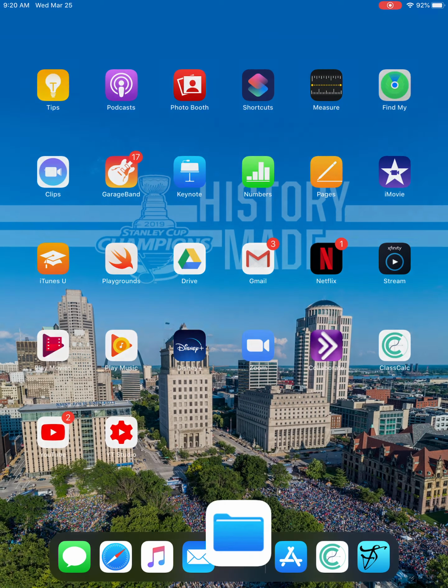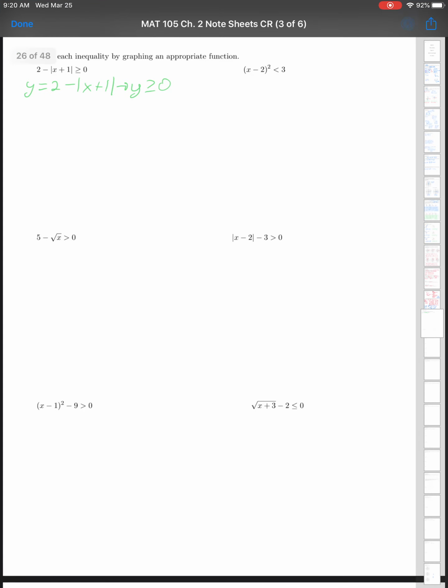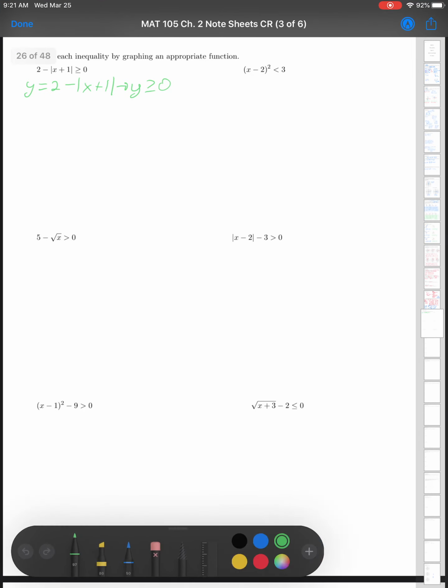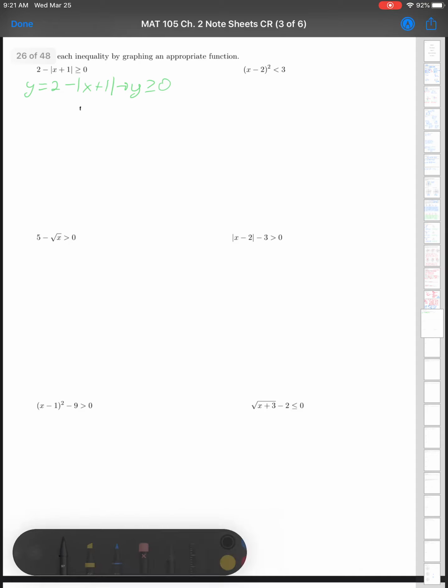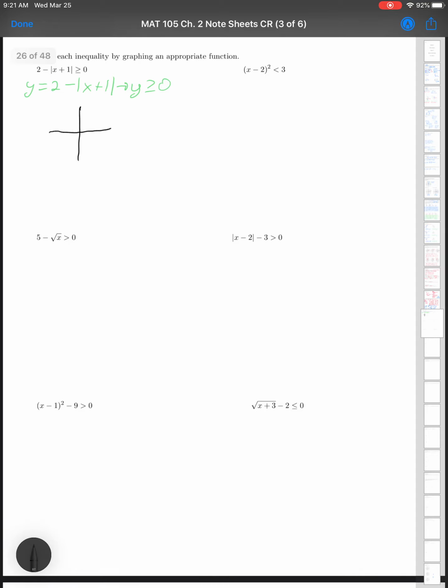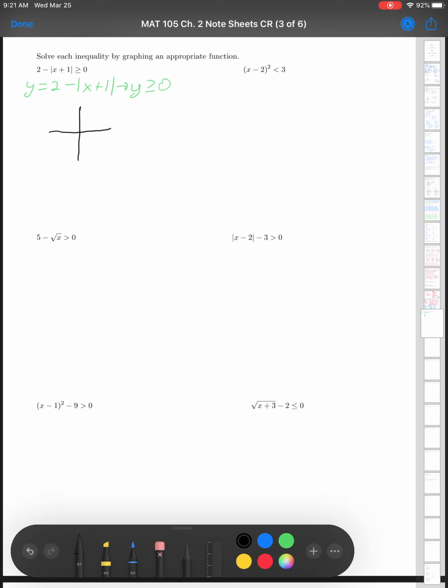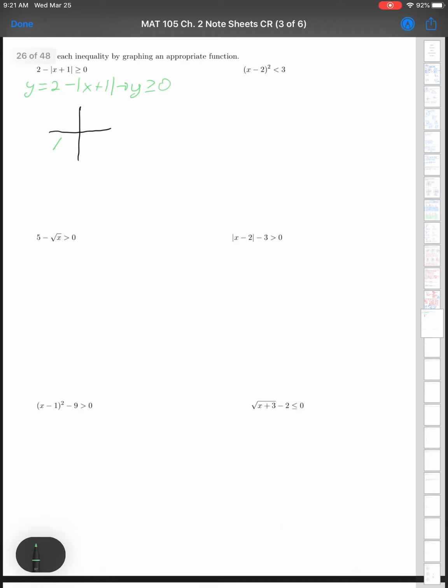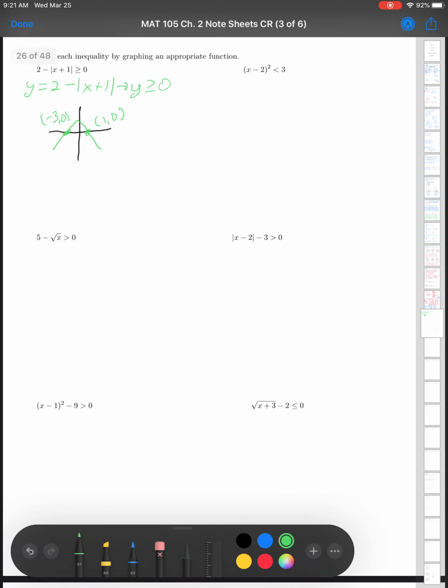And then the parts that are equal to 0 are actually when we hit this, and everything below is negative. So if I transfer this into our notes a little bit, I can draw a little sketch of this. So here's my axes. And now we can draw our graph that looks like this. And we had this point as (-3, 0), and this point was (1, 0). And on the graph,